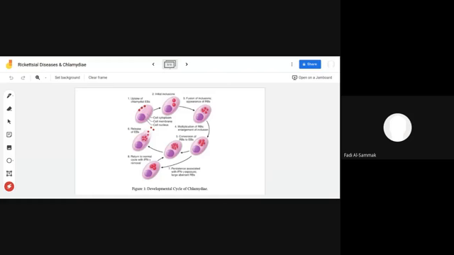Now, the RBs, they are different from EBs. This is also very important in the exam, that you should make a difference between them. The EBs are the infectious ones. The RBs are not infectious. This is one very important difference. And also, the RBs are known to be metabolically active. And therefore, in the metabolically active form, you are going to see more RNA than DNA.